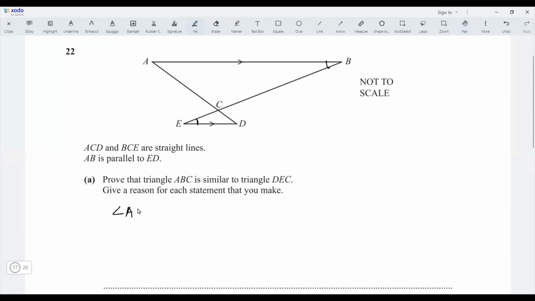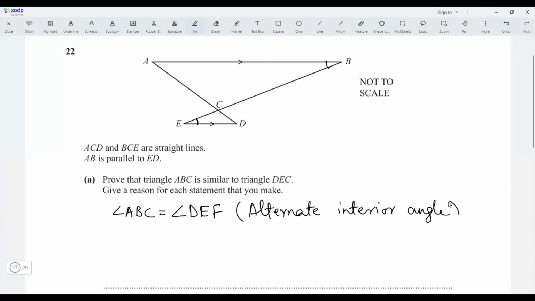Angle ABC is equal to angle DEC through the alternate interior angle property. Similarly, for the other one, angle C must be equal to angle C, and it's showing vertically opposite angles. These are vertically opposite, so we can say angle ACB will be equal to